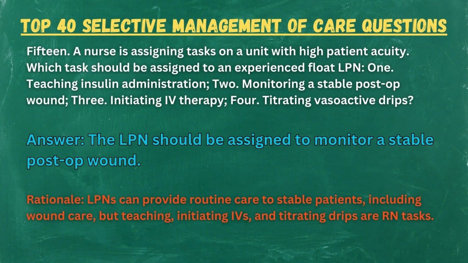15. A nurse is assigning tasks on a unit with high patient acuity. Which task should be assigned to an experienced float LPN? 1. Teaching insulin administration. 2. Monitoring a stable post-op wound. 3. Initiating IV therapy. 4. Titrating vasoactive drips? Answer: The LPN should be assigned to monitor a stable post-op wound. Rationale: LPNs can provide routine care to stable patients, including wound care, but teaching, initiating IVs, and titrating drips are